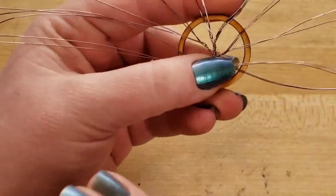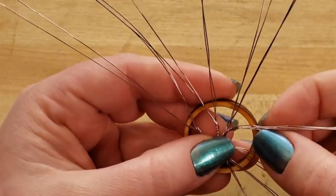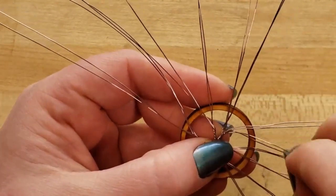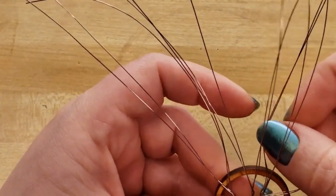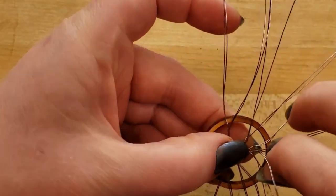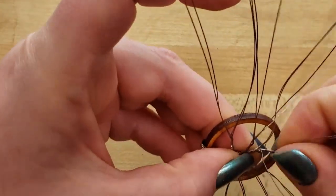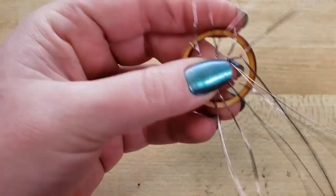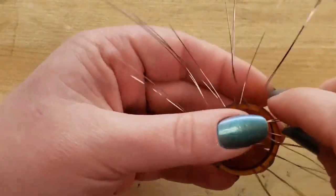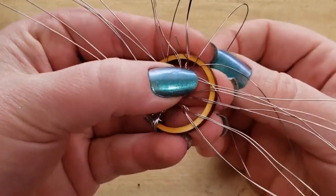Okay, so now instead of starting at one side, I'm going to start in the top center. So again, let's consider our options here. We could branch off like that, and now take these two and 1, 2, get that nice and tight, and then I'm going to undo one of them. There we go. And so now from here I'm coming through, if you can see,